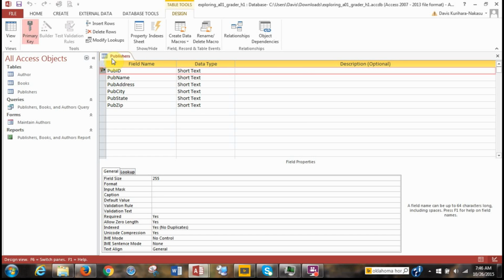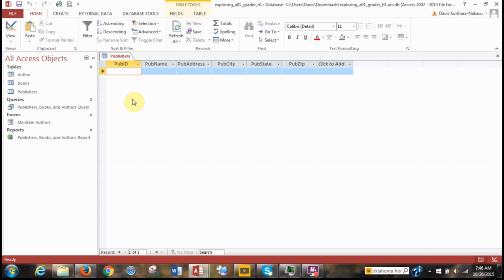And then we want to view it by right clicking, or you can choose the view from up here, but I like to right click the tab and then go to datasheet view. Alternatively, we can use this view to choose design or datasheet view. Okay, so now we're in datasheet view,